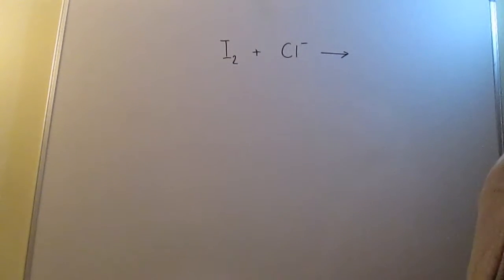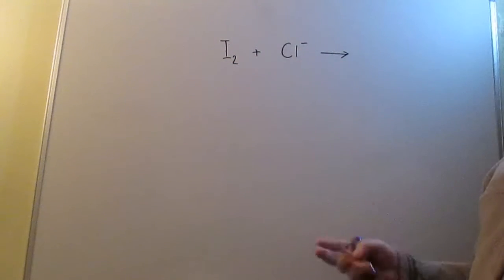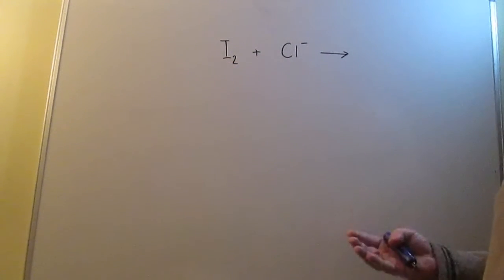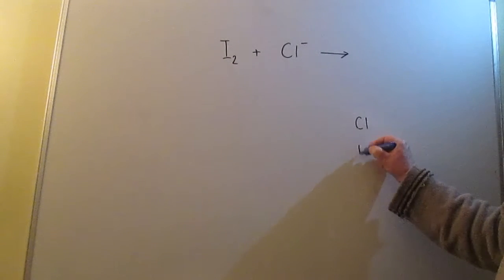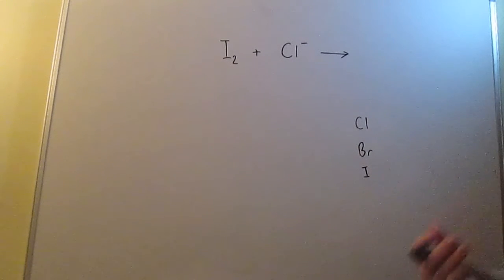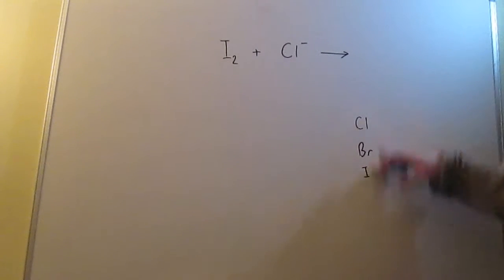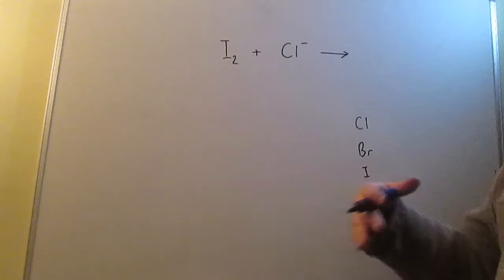Question 2 is in effect asking us what happens when you add iodine to chloride. Is there going to be a reaction or not? So what you have to remember is that as you go down group 7, chlorine, bromine, iodine, the ability to attract an extra electron into the outer shell decreases. Because remember, you're adding on more electron shells at a bigger distance from the nucleus,